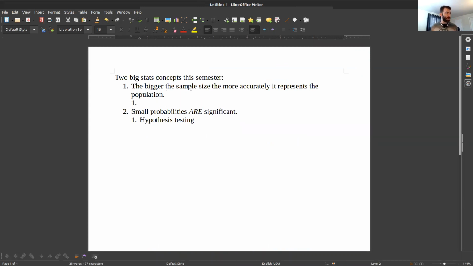So we also saw that the bigger the sample size, the more accurately it represents the population. Well, this is a math class, so we want to turn this into, what does this even mean mathematically? This sentence is not a very mathy sentence. It's got some intuition to it. Bigger sample size accurately represents the population, but